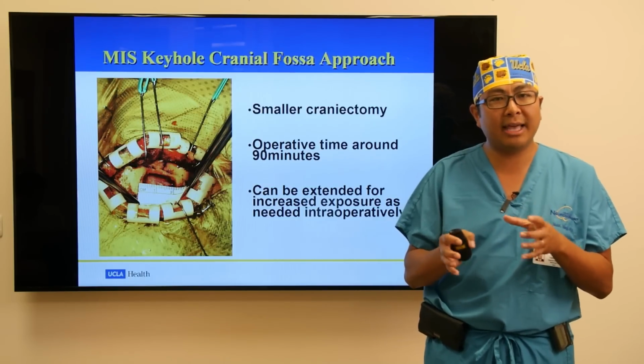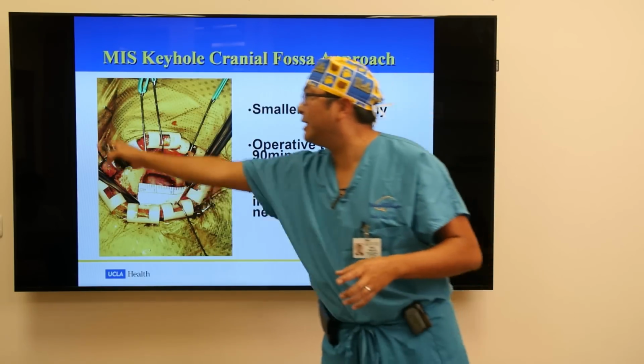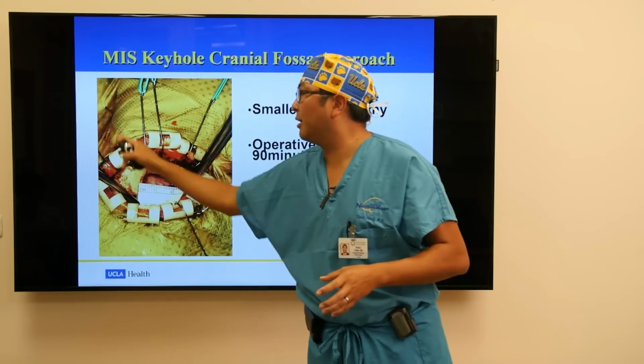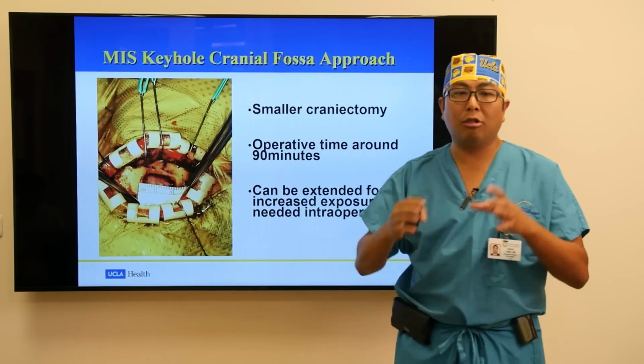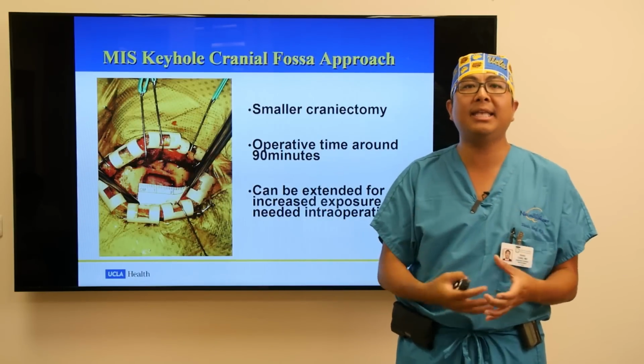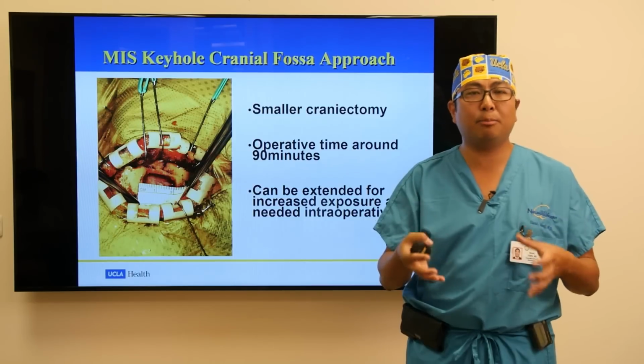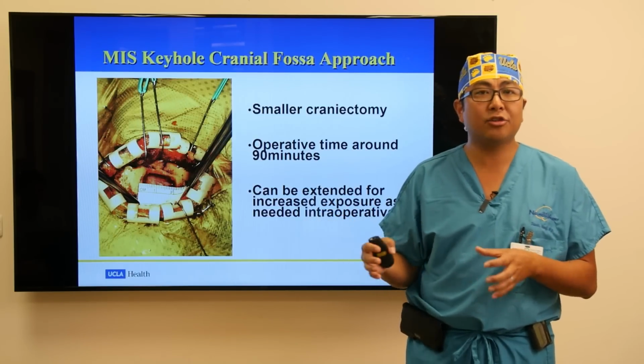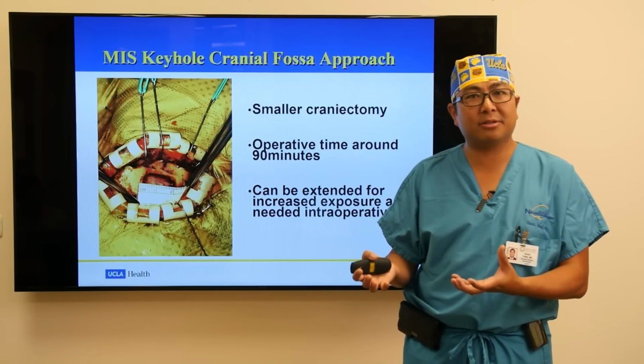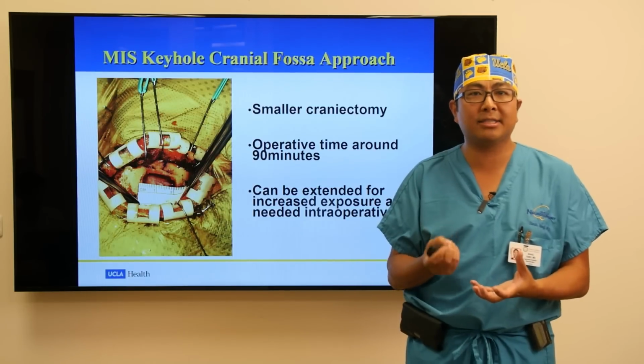Well, what we can do at that point is curve the incision around and drill another burr hole and make this larger to the normal mini middle fossa craniotomy. The 2 by 3 centimeter approach is still possible through this approach. And so the reason we favor this approach is that we're going to try to do the MIS keyhole